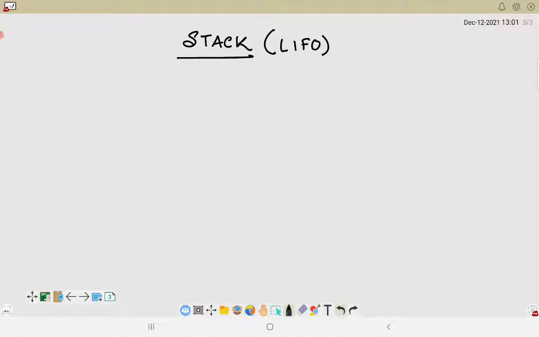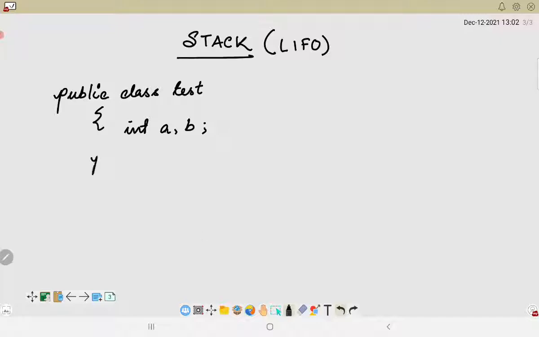Let us consider that we have a particular program, which is public class Test, and within this I have two local variables, int a and b.